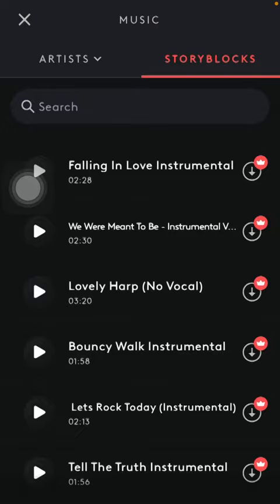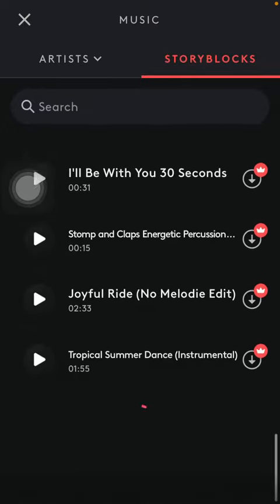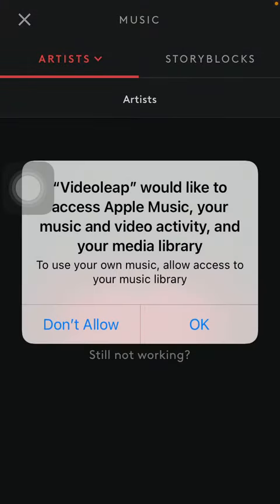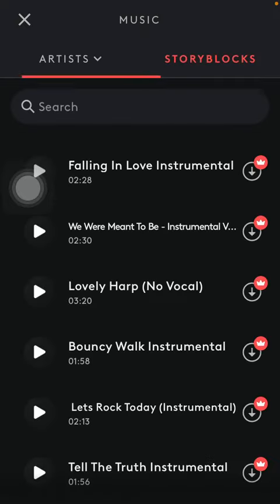Here you can find a bunch of background music options in the storyblocks section, and you can also use your own music from Apple Music, but you need to allow the app to have access to it. After allowing it, you are going to find your artist here, and then all you have to do is clicking